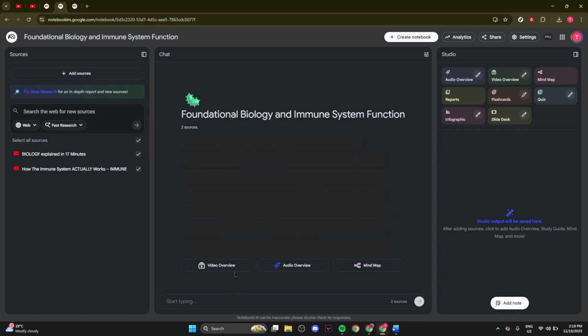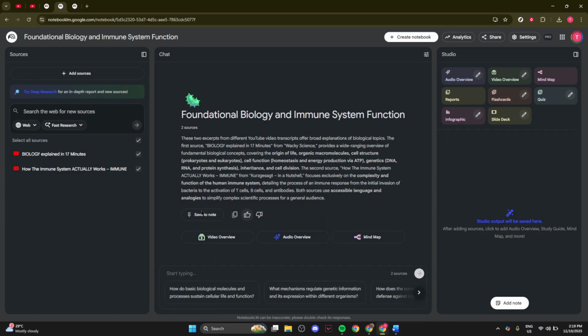With everything set up in NotebookLM, you can instruct the software to summarize the content. Simply ask the tool to create a summary, and it will process the textual information from your transcripts, highlighting the key points and themes. This automated process utilizes sophisticated algorithms to ensure that you get a cohesive and accurate summary